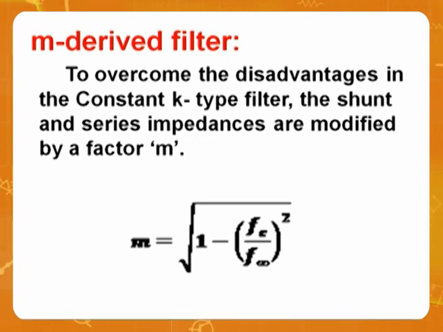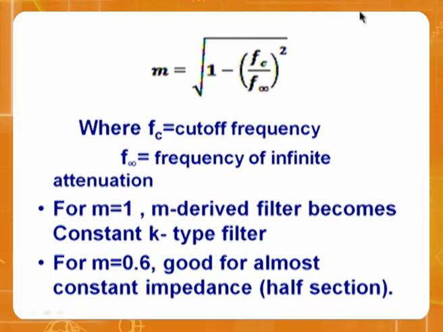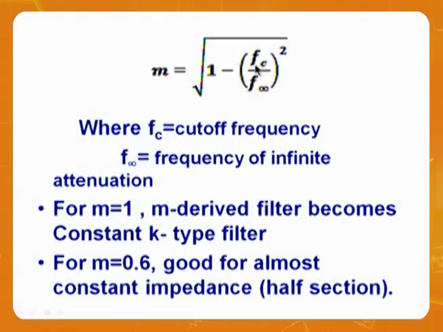Now let's concentrate on M-derived filter, how Zobel has done it. Look at here. This is the equation for M-derived where Fc is cutoff, F infinity. But please understand, M is generally between 0 and 1. My best way of making you remember is, this should always be lesser, this should be higher. Lesser by higher will yield a fraction there. For example, for a low pass filter, cutoff frequency is 1 kilo, F infinity will become 1.2 kilo. That means 1 kilo by 1.2 kilo